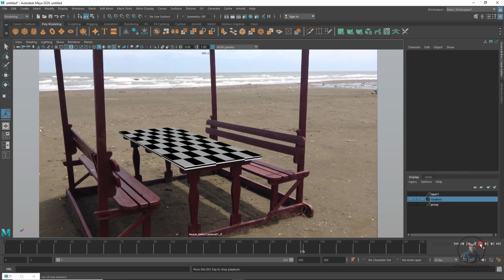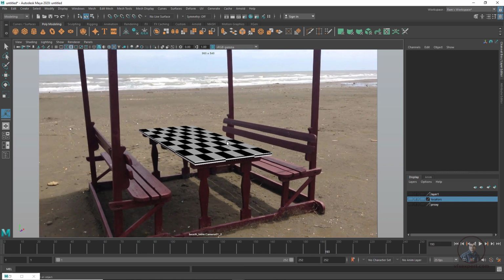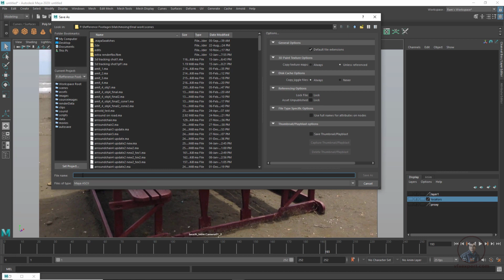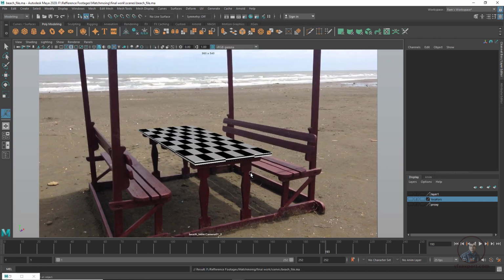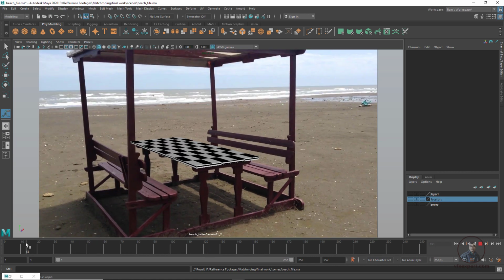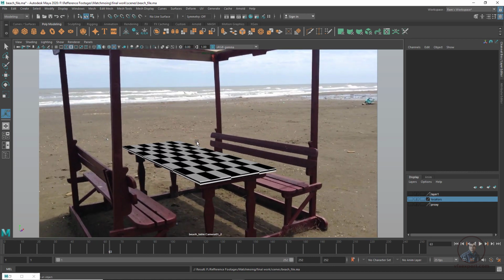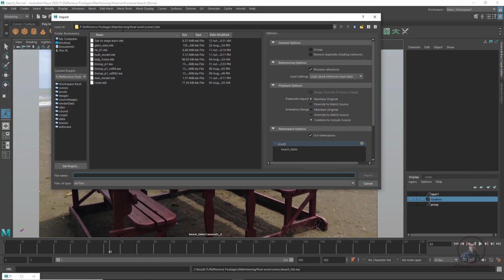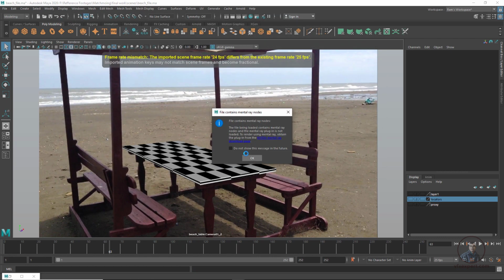After this, if you want to import your model, just before this save your scene. Click on file, then save as, because we have to maintain our original MB file, so that's why we save as and give a name. Now click on save as. Now if you want to import your model, you can import your models here. Click on file, then click on import. Any model, just for testing purposes. I selected the Hulk model, then click on import, then press OK.